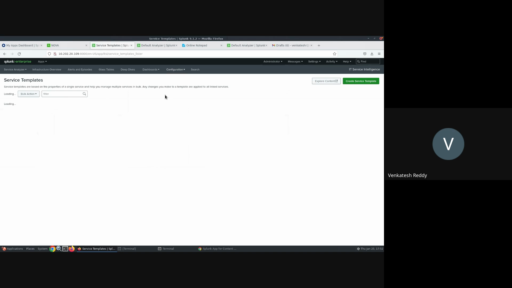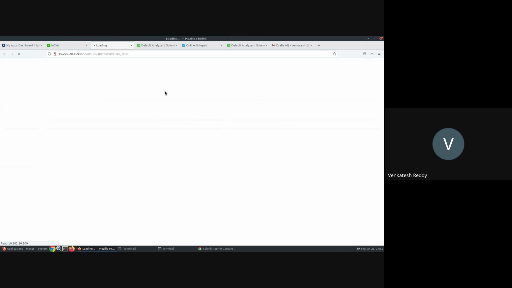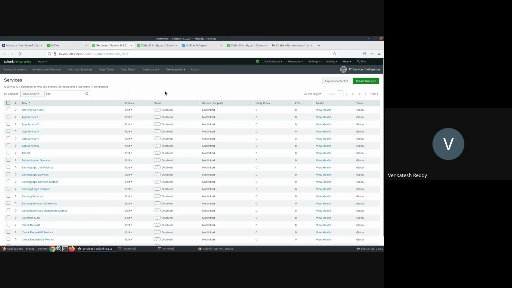Okay, I see what you're saying. Since this is my test machine, I don't want to put a lot of applications on it, so that's the reason I don't have those service templates and it's not showing. Usually when I go to that particular service, it should show up like, okay, this service is related to this service template. But since I didn't add the content packs, it's not showing up. Okay, got it. Thank you, Raja.